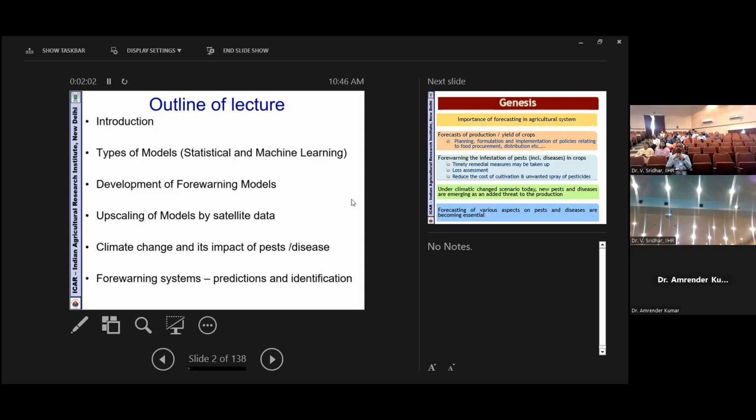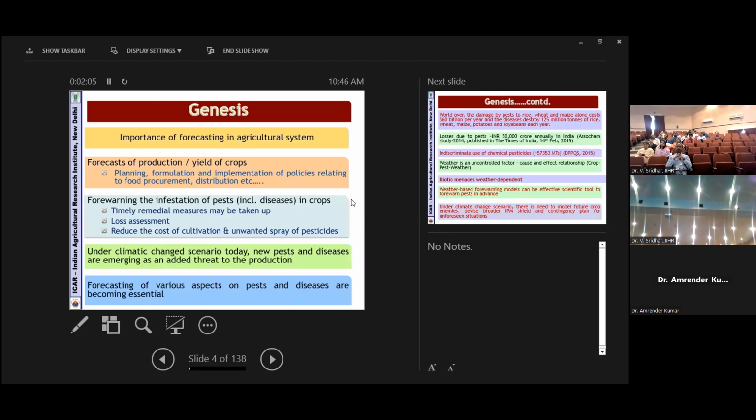Before that, I will go into the detail. Just see the genesis. If you think of the importance of forecasting in agriculture systems, it is very, very important nowadays. Because if we go for policy decisions, these predictions or forecasts are very useful for planning, formulation and implementation of policies with respect to food procurement, distribution, etc. Information on the production and yield of the crop well in advance is a very important factor in these predictions for the government